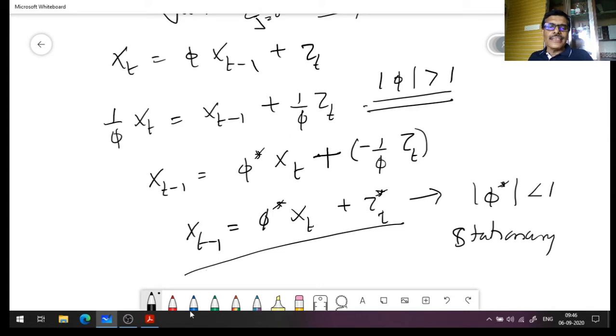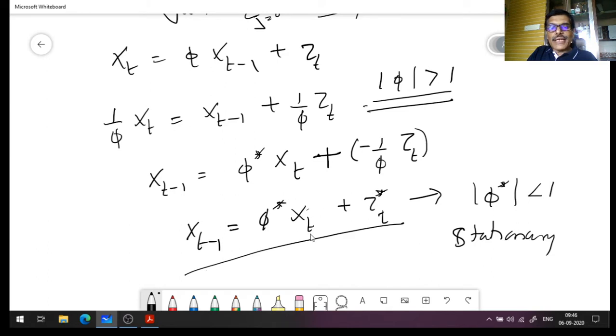What is unnatural? x_{t-1} is going to depend on x_t. Now, theoretically speaking, it's okay for a process. That's fine. But when you have data, how can you do the analysis? Because you are basically writing t minus 1 as a function of x_t, and at a time point t you can't have that. And of course this is first order. If you have pth order, it is going to depend on t plus 1, t plus 2, etc., up to t plus p. So you are at time point t, and you are going to write an equation which depends on future values, which is not acceptable.